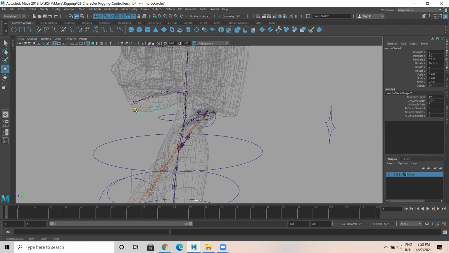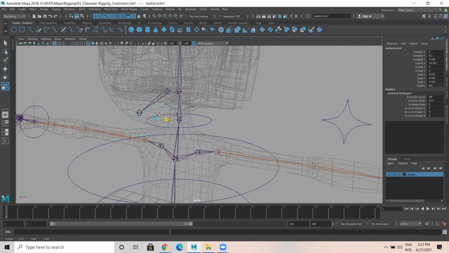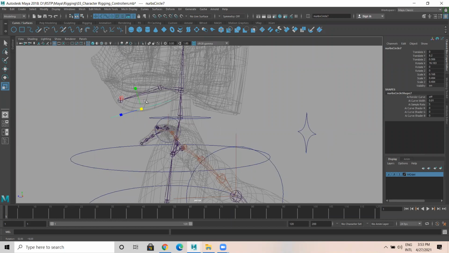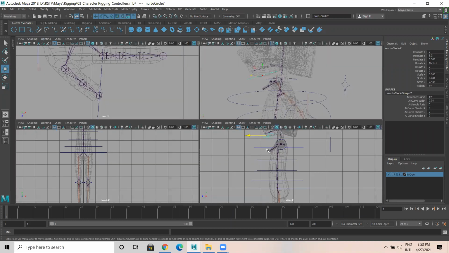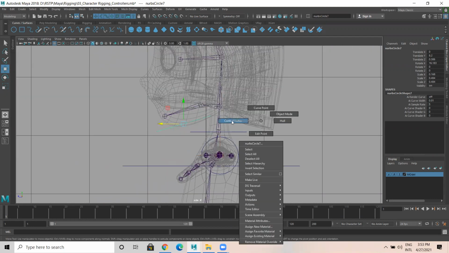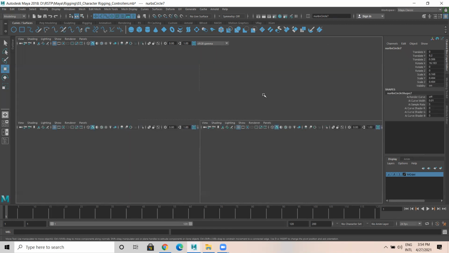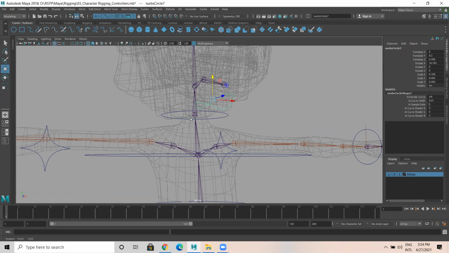Place it down, a little bit to the front, like this. This particular controller, I'm going to modify a bit. Go to the vertex part here, like this. It is in the shape of a jaw only.